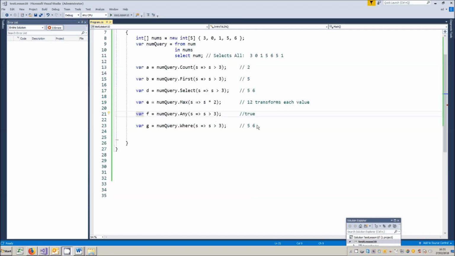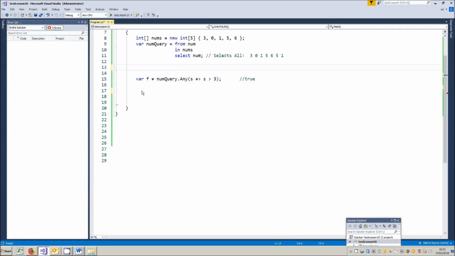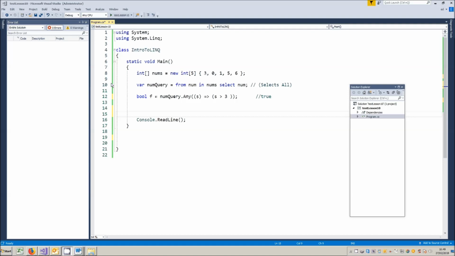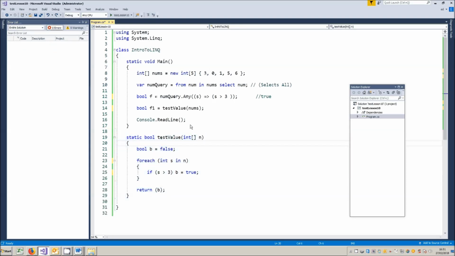What would be the alternative to using lambdas? Well, let's just focus on one of them. How would we actually achieve the same result using an ordinary function? Now we do know that that's a Boolean, so I'll just call it bool instead of using var, since we know for sure what it's going to be. So we need to write a method to see if there is a number bigger than 3 there, yes or no. A method to do the same thing. So call our own static function,